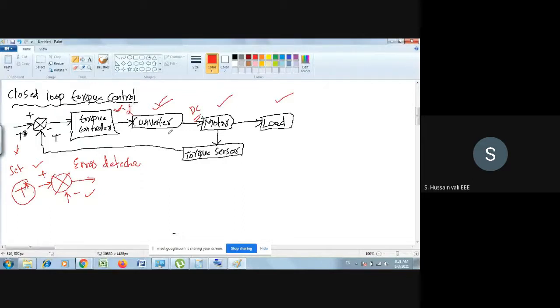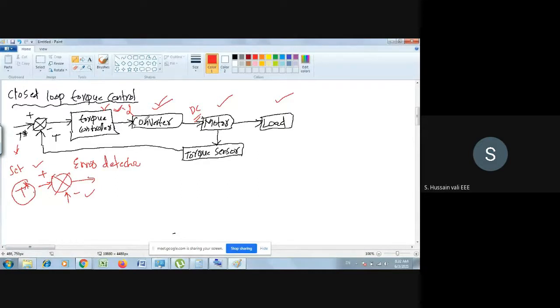If it has thyristors, generally thyristors only we are using because of the high power configuration, we generally use the thyristor controller only. So thyristor controller in the sense it requires a firing angle. So this firing angle comes from this torque controller. The firing angle comes from the torque controller. Then this firing angle will go to the converter. So then the converter knows what the firing angle is: 20, 30, 40, 60, whatever firing angle it takes.